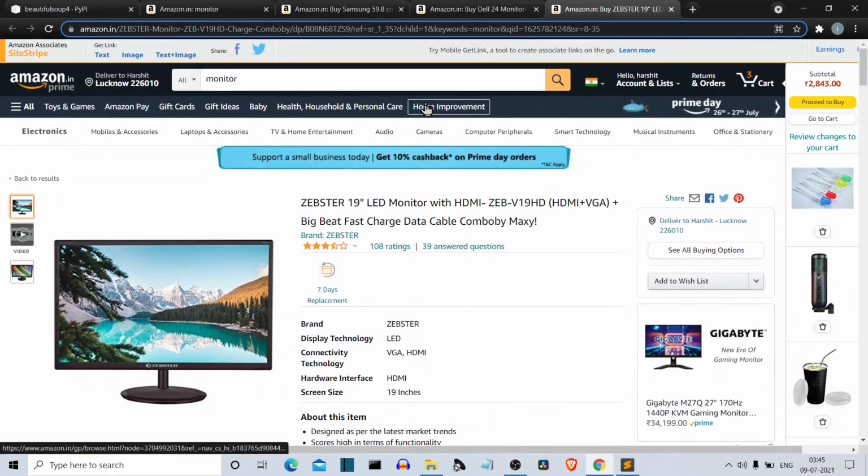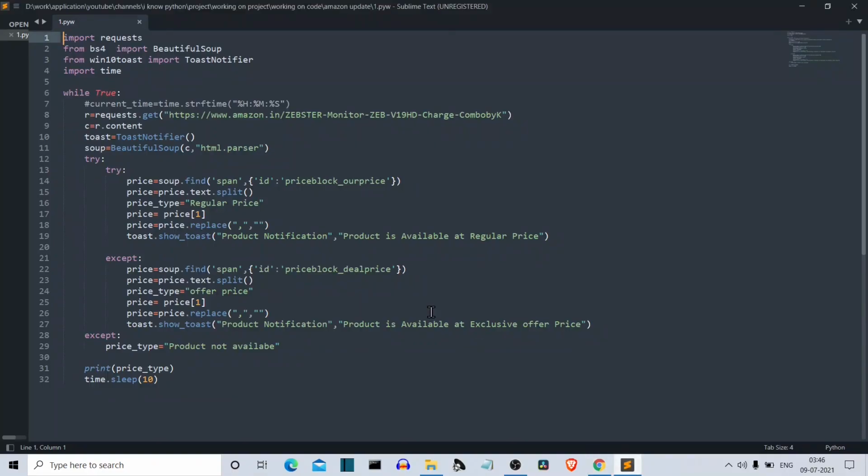This Zepster monitor is unavailable for now, and we want to get the notification when that product is available. So we'll use r.content, the data extracted from this requests.get call. All the data, all the tags and the values stored between those tags are stored in this variable.